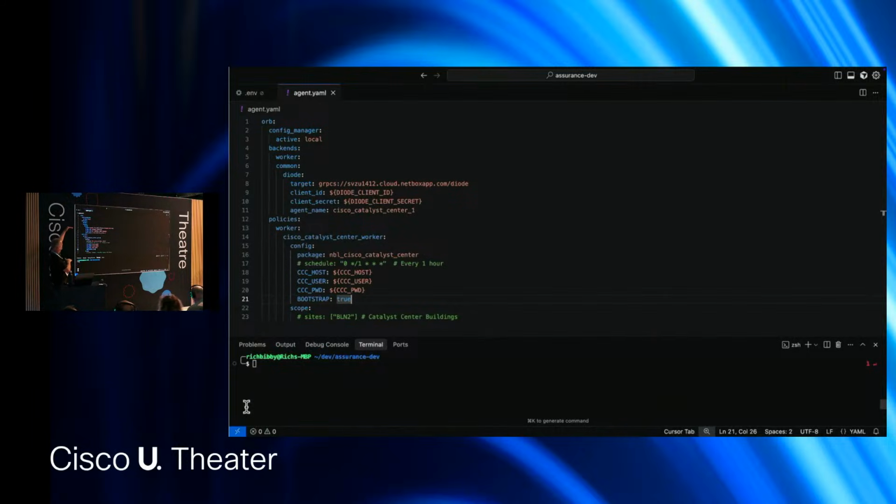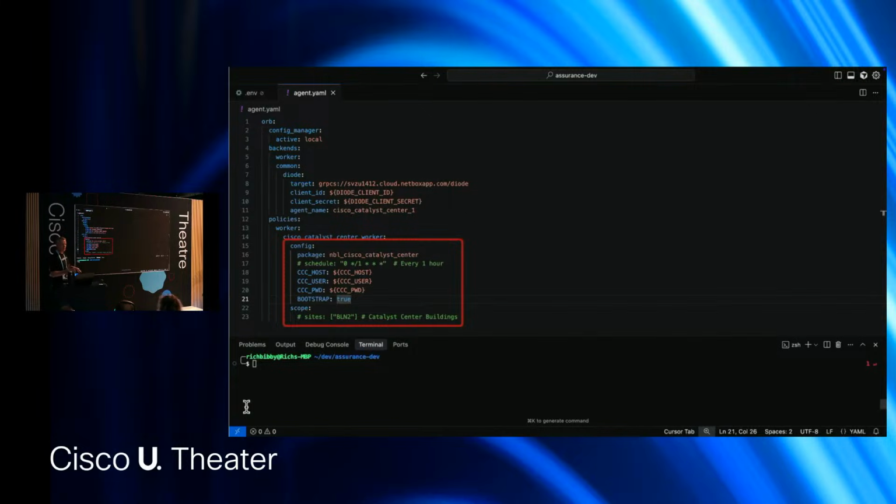Now, this is the configuration file for one of our agents. You can see this one is the Catalyst Center controller. So we've got a couple of things here we're working with. We've got the target, we've got those secrets that we just created, and we've also got a name for the agent. The name can be anything you like, so you can have different agents with different names. Very simple YAML configuration. Here, for this first time run as well, I'm also using something called bootstrap mode.